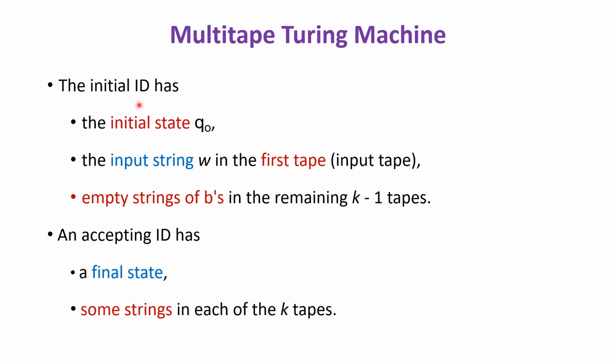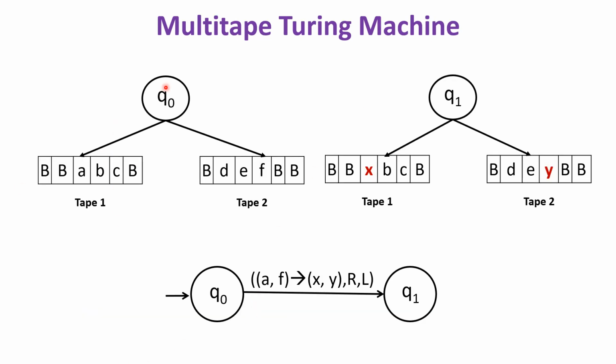The initial ID has the initial state Q0, the input string w in the input tape, and an empty string of blanks in the remaining k-1 tapes. And an accepting ID has a final state and some strings in each of the k tapes. Let us see a simple example for a multi-tape Turing machine